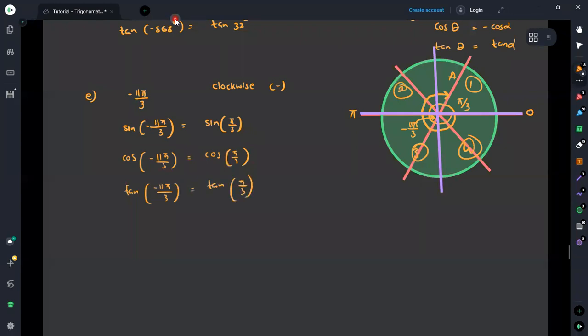Therefore, converting into angle degree measure is one method, and the next method is using a graphical representation. We can easily find out where this angle lies. Then, according to where the angle lies, we can find the associated acute angle for this minus 11π/3. Then the next way that we can find this is as follows.